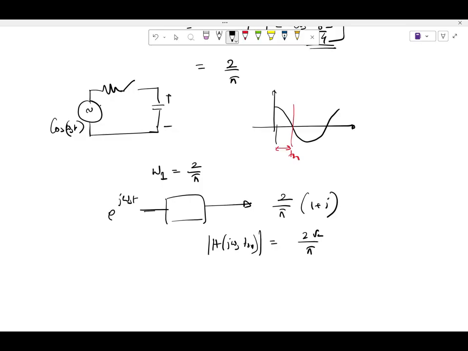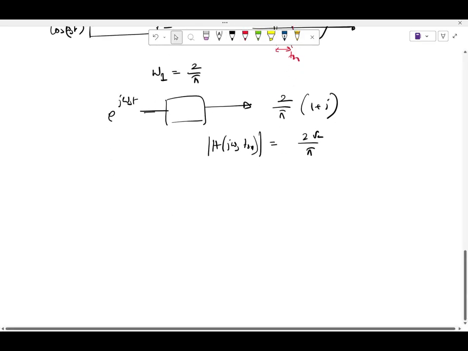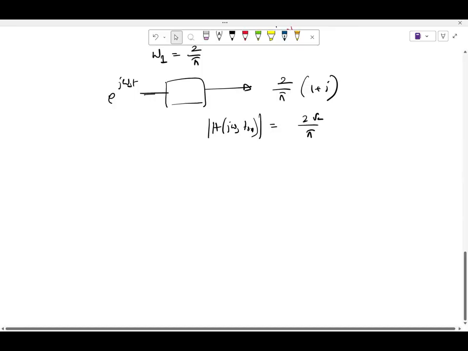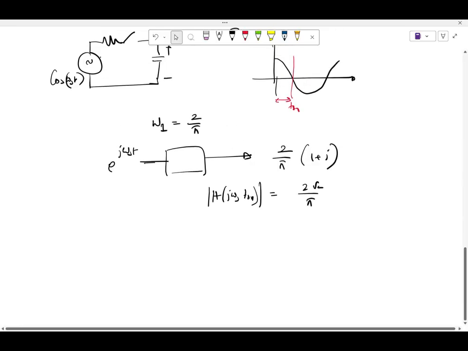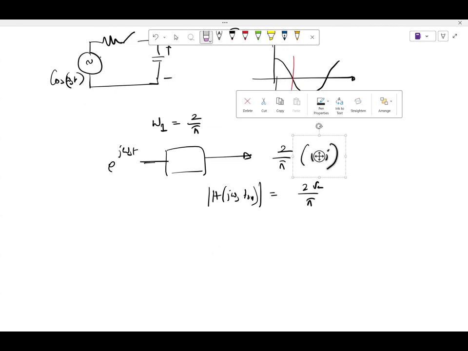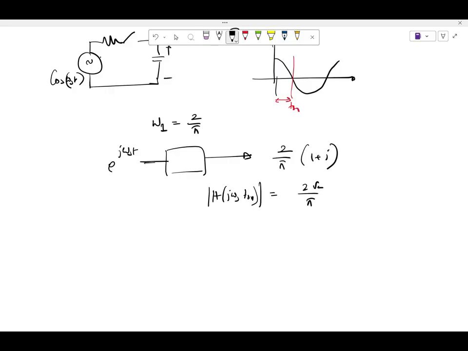So now the question is, if I apply e power... okay, so before moving to the problem, the thing that I was trying to point out,